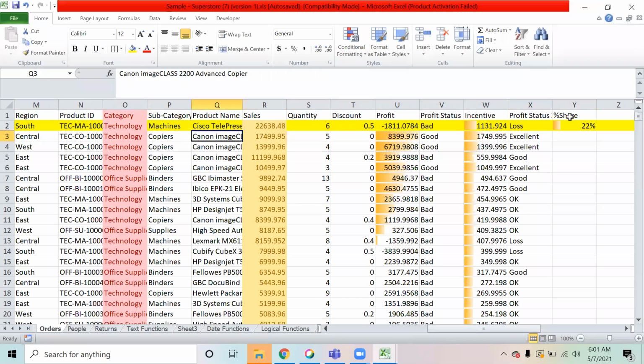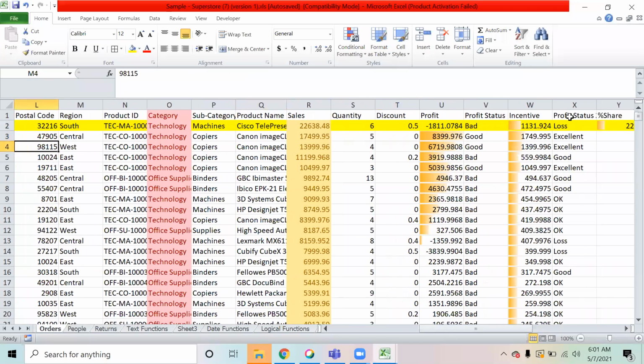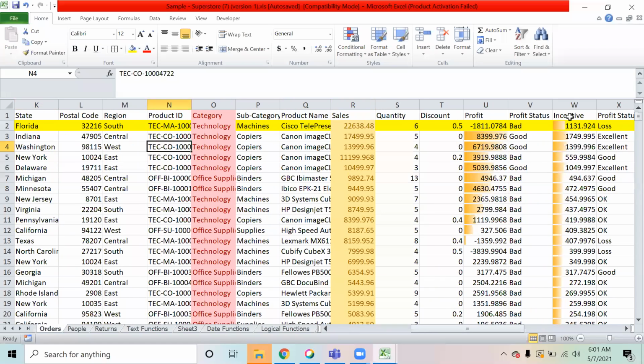Question clear? If the sale belongs to South, I want to calculate what percentage share of sale it was for the South region. If the sale belongs to West, you have to give me what percent of this sale was of the overall sale of West. This is how you have to give me the percentage share.